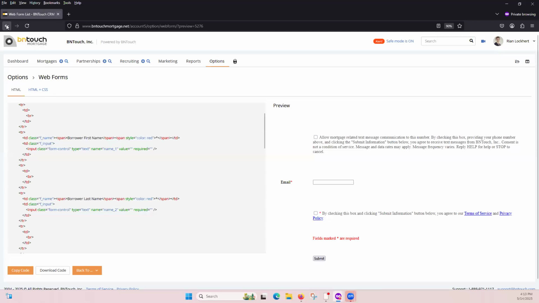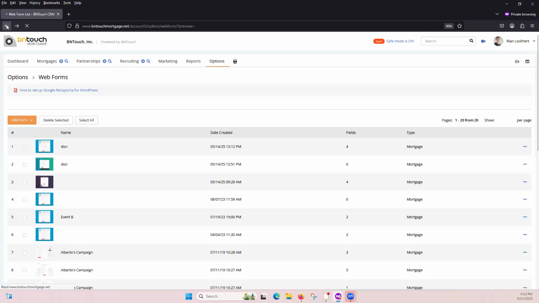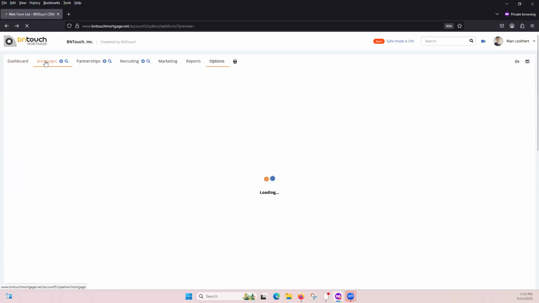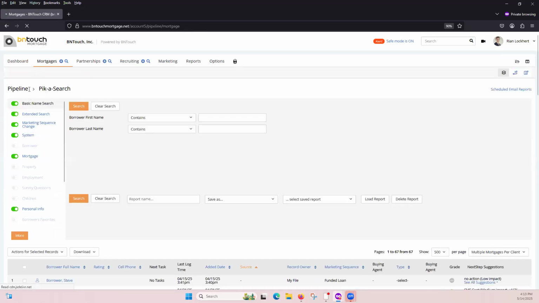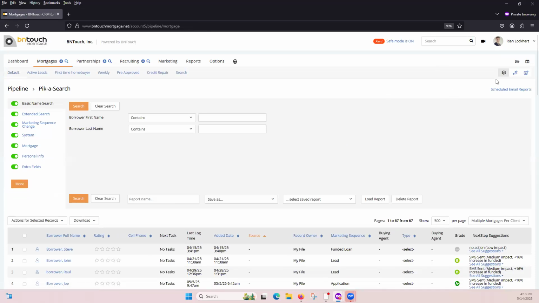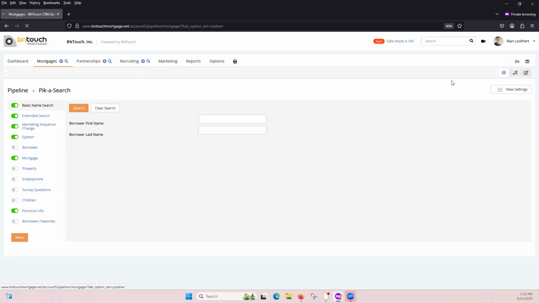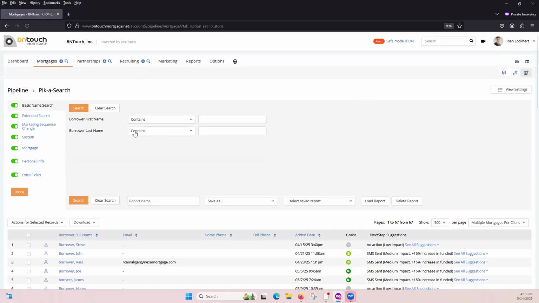The next thing that we're going to jump into is database organization. So we're going to go over to, let's just go to mortgages. In mortgages, there's 3 ways to look at the database. You've got the group view, you've got the pipeline view, and you've got the custom view. So for this instance, we're going to talk about the custom view. And in the custom view,